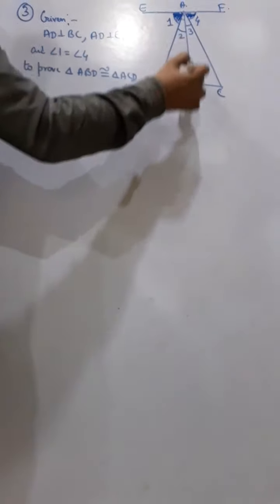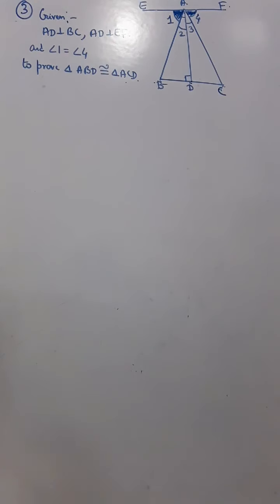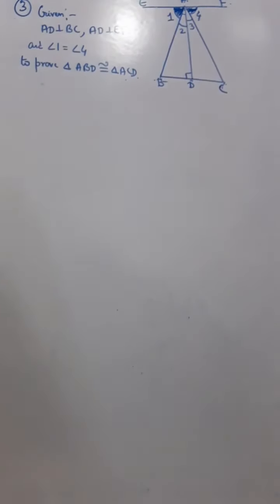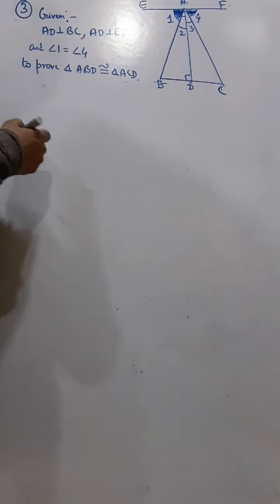What second point can we see? We can see that angle ADB is equal to angle ADC, 90 degrees, it is also given. So 2 points we already got. But the third point is our problem, because for the third point, no side, no angle, nothing is given to be equal. So first of all, we will set up that third point and then we can easily prove.